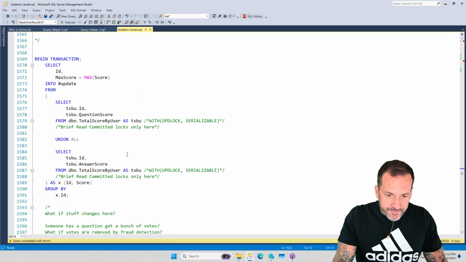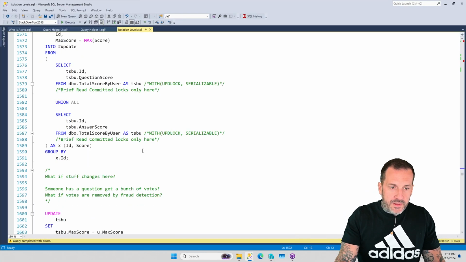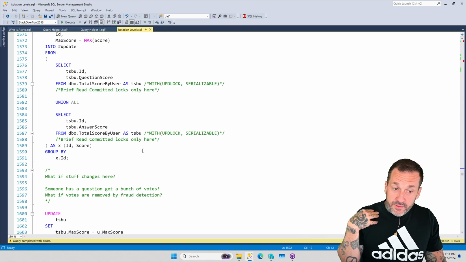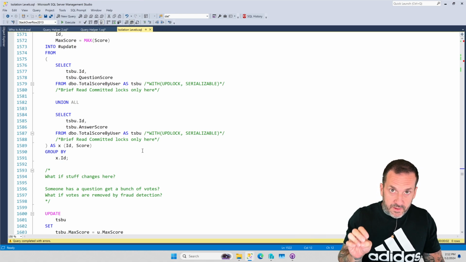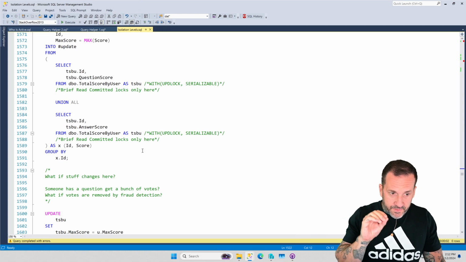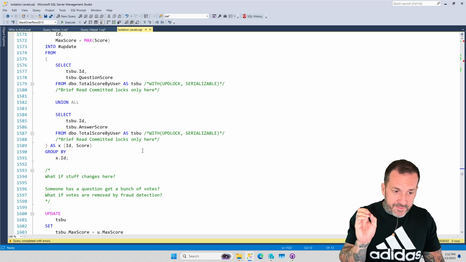And let's say that after we get that data into that temp table, and don't get me wrong, I love temp tables. Temp tables solve many, many problems that would be almost impossible to solve without them. So they're great things. I'm not trying to dissuade you from temp tables.